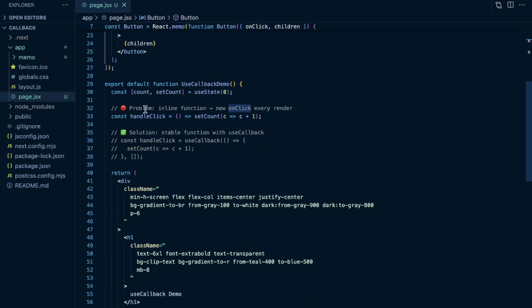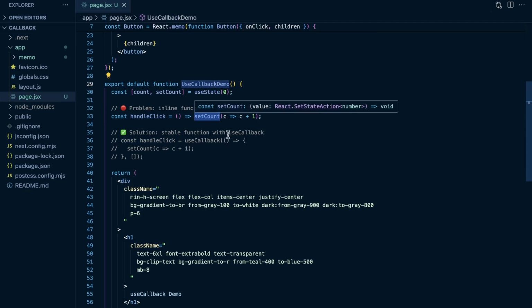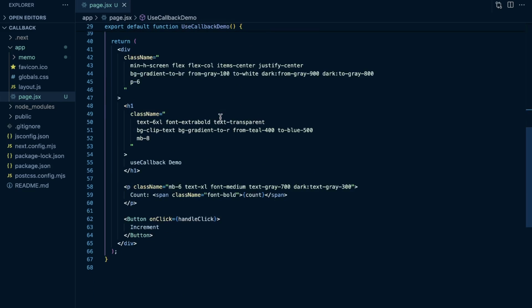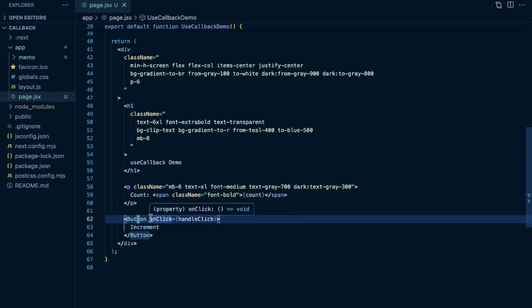We still have an issue here to where for our handleClick here, we're just initializing this function every time the useCallback demo function re-renders, which means that every time useCallback demo re-renders, we are going to create a new instance of this handleClick function and then pass it as a prop to our button. So every time it re-renders, we are then going to also re-render our button because the prop is changing here. We are technically passing a new reference to a function every single time our useCallback function re-renders, which means that